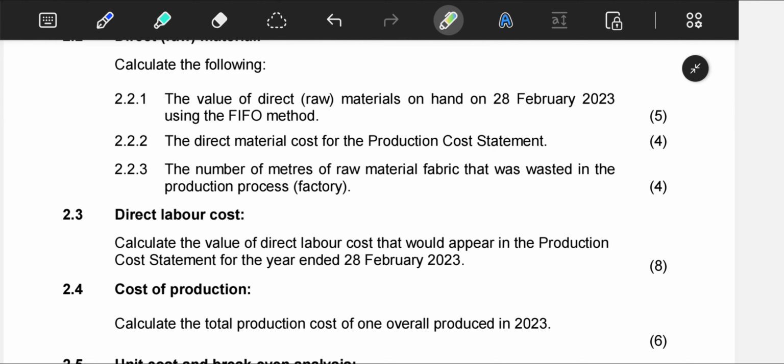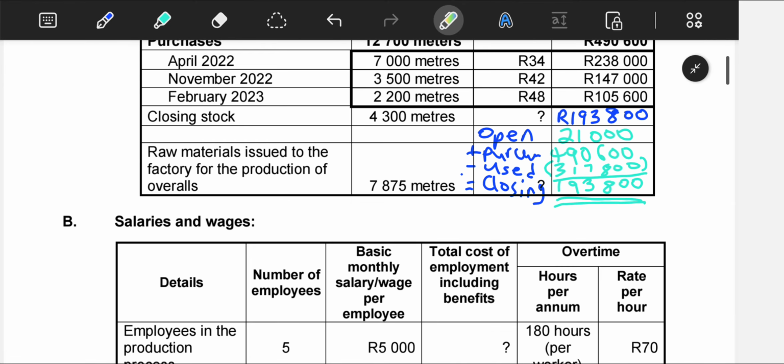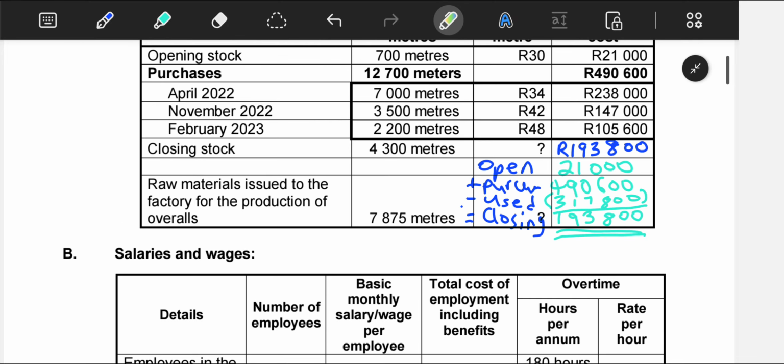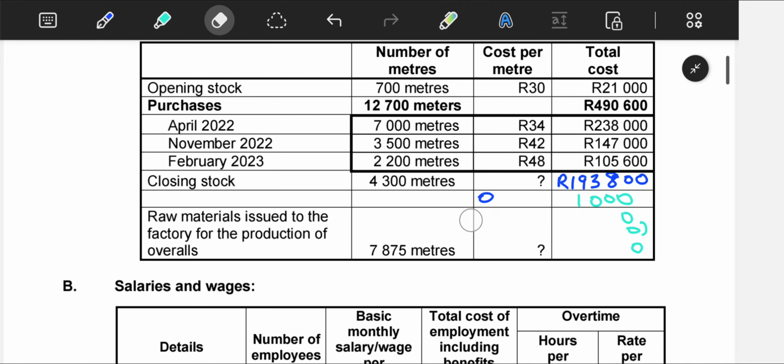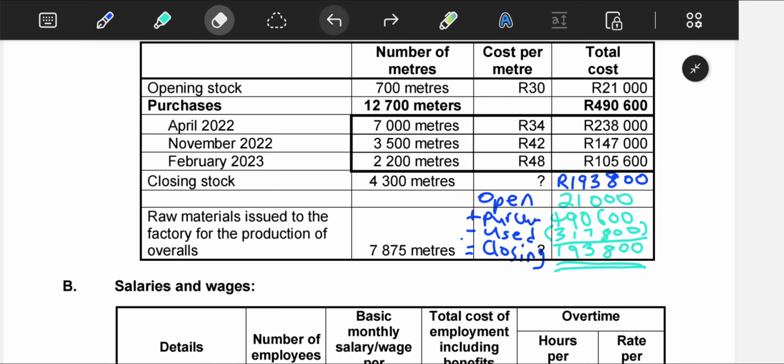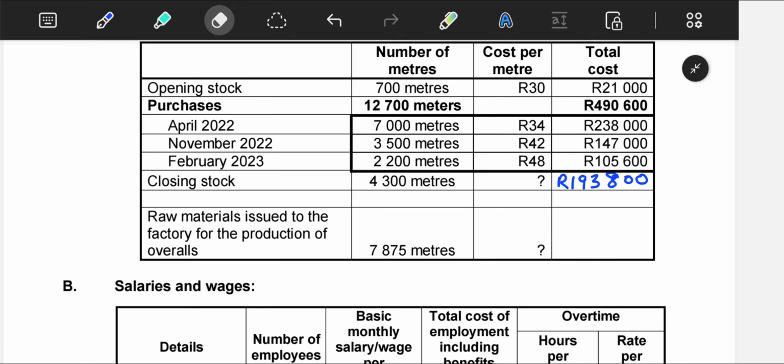Right, so now the examiner wants to know how many meters were lost. How are you going to do this? You are going to check how many meters were issued. Okay, let me erase this so that I have enough space here. These are the meters that have been issued. And then if these are the meters that have been issued to manufacturing, now you have to check your